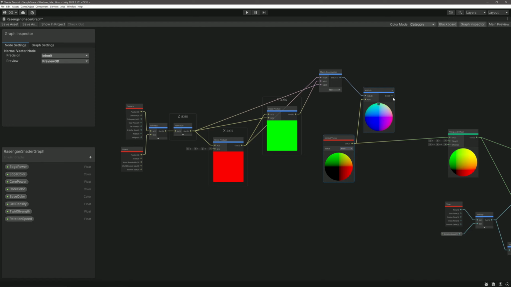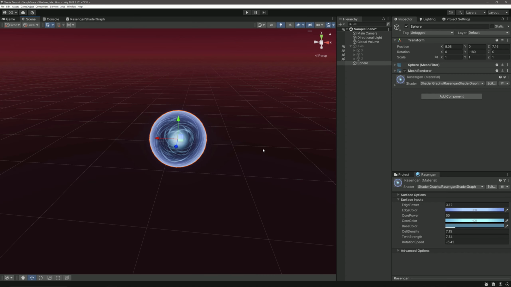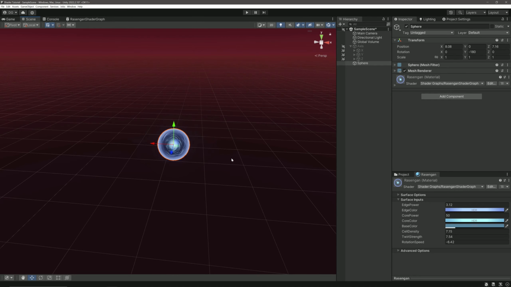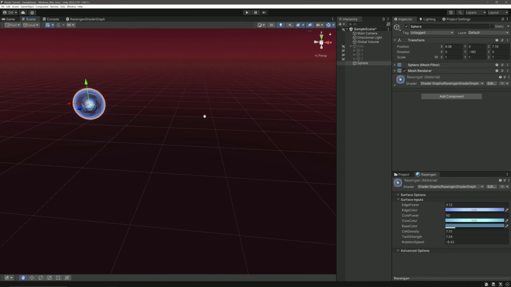Finally, we will feed this multiply's x and y to our UV. Now since we need x and y, we don't need a split node. It will automatically take the first two components. Then save our graph. Now in the scene view, if I zoom out, yep, if I move the camera around,